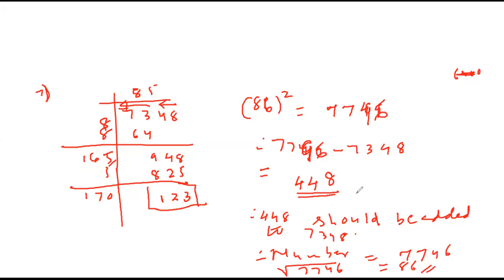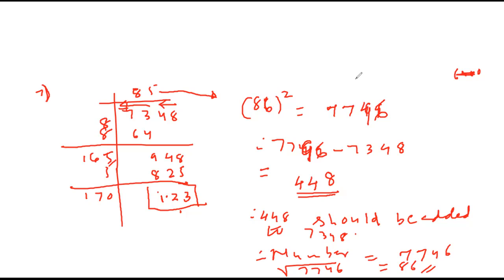Okay. Have you followed, or do you want the explanation again? Yes, sir, understood. So whenever something is to be added, find the next square. Till this it was a perfect square. 123 became the remainder. So I want to make it a perfect square by adding. If they say remove, I will remove 123. Yes, sir, understood.